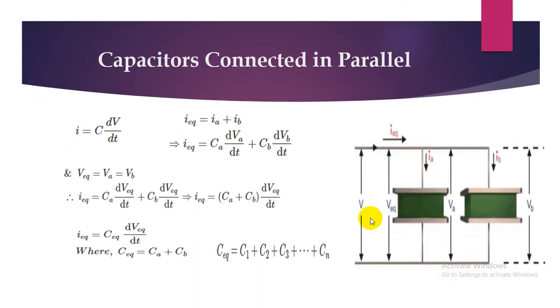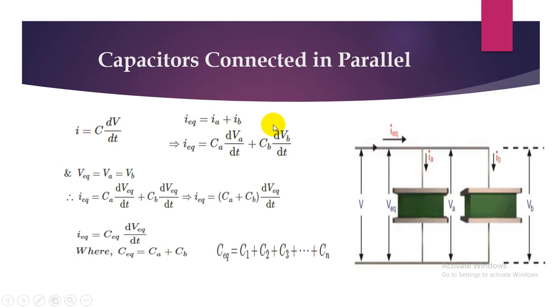So the second connection of capacitances or capacitors is this one. We can see this one in the figure. This is one capacitor, this is another capacitor. These two are connected in parallel. Here we are using KCL, Kirchhoff's current law, to calculate the effective capacitance value. See, this is from the Ohm's law. I is directly proportional to dV by dt. Here the proportional constant is replaced by C. Then I is equal to C dV by dt.